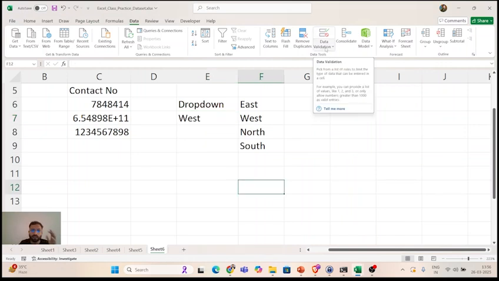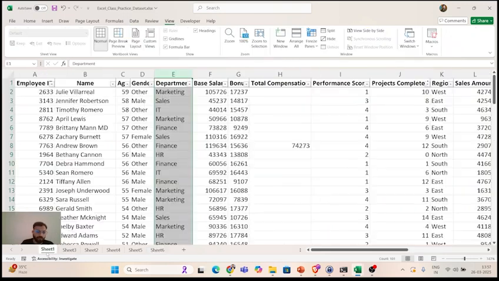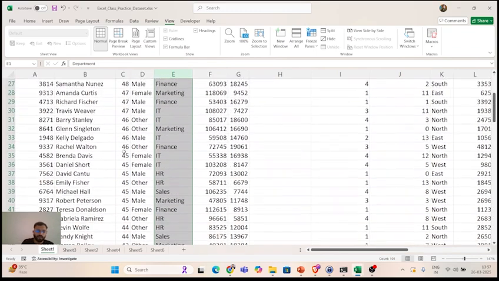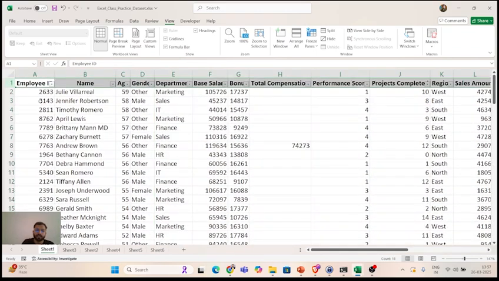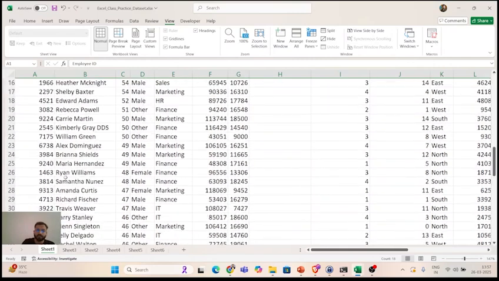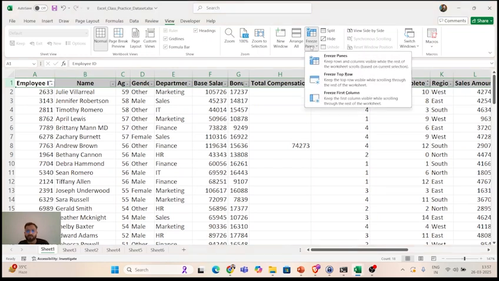So I think these are all the more major important options under the data tab. Then we have a view tab. I'll just tell you one or two things here. Let's say, for example, I scroll down this. You see, when I scroll down, the first row, which is the title, is also going down. But I do not want that. I want to fix it. How do I fix it? I will select this row. I will come to freeze panes and freeze top row.